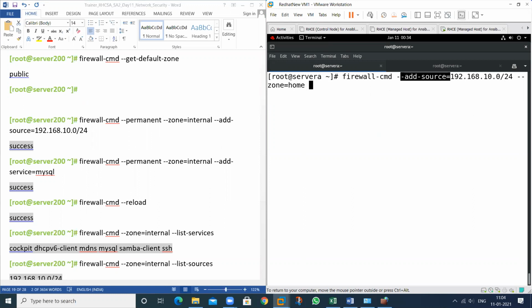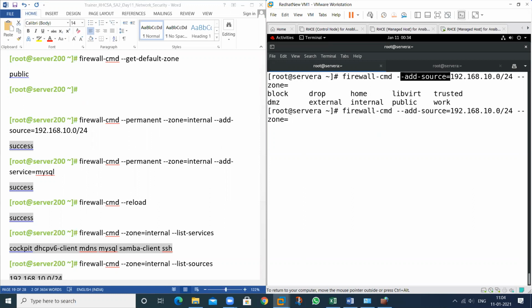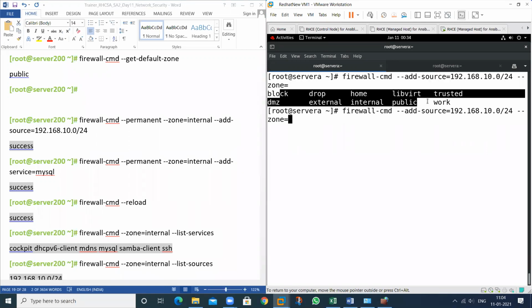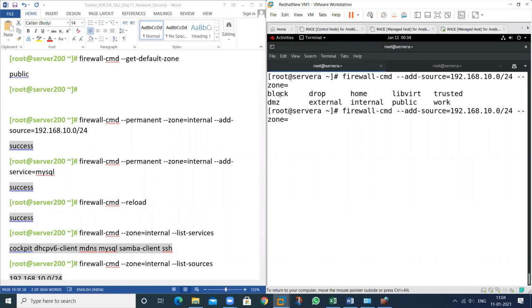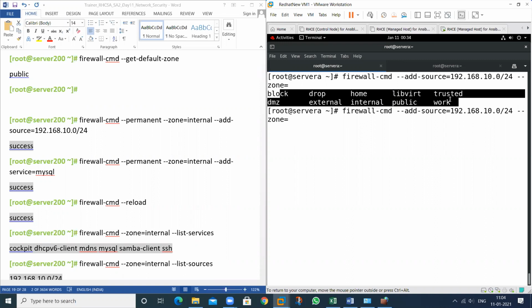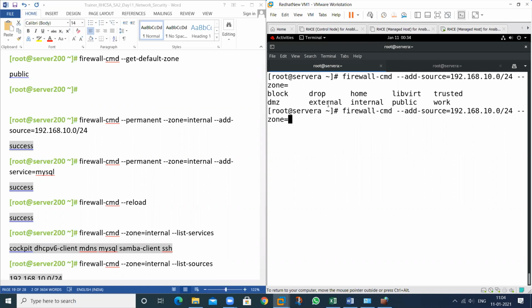So any zone you want to apply, you just want to check how many zones. So these are all your zones. Just type 2 times tab. So there is no need to remember all of these things. Just type 2 times tab, then you can check which is my zone. Suppose I want to add this particular service for this particular zone. So you can add this one.